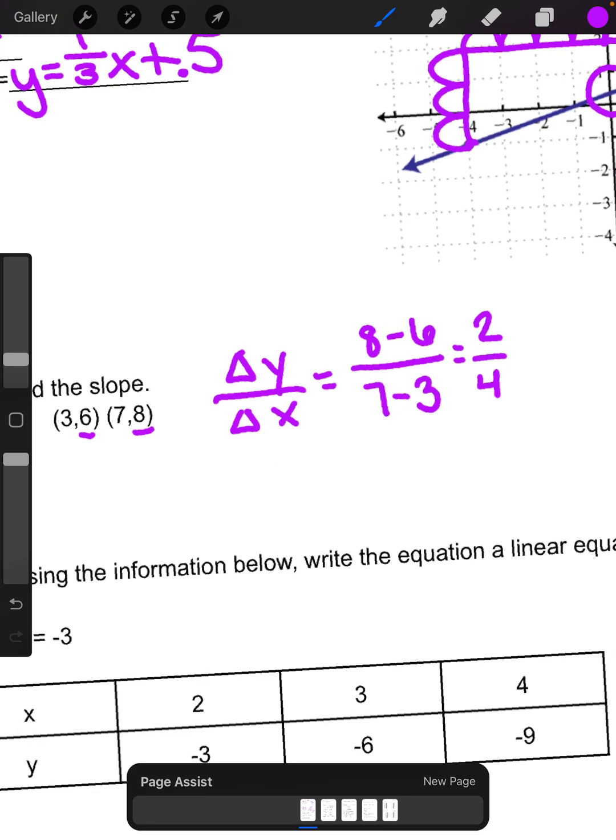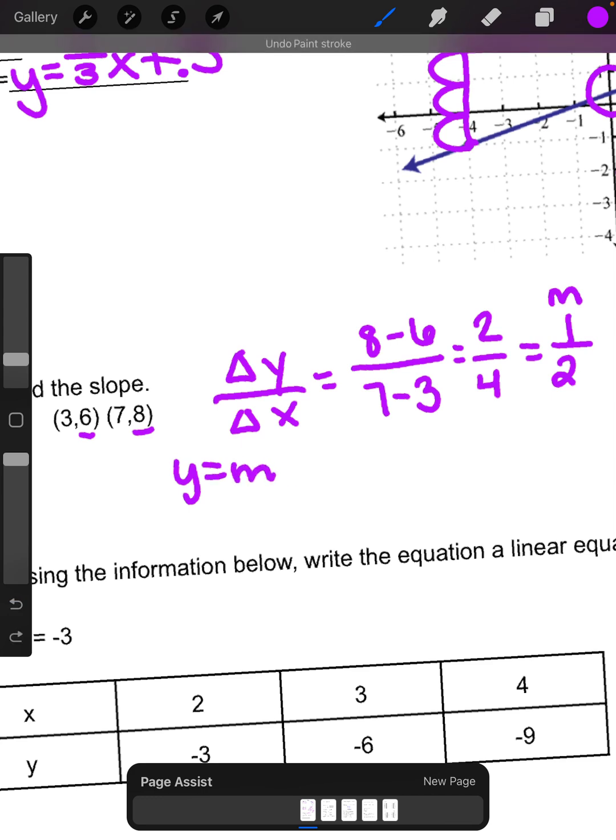7 minus 3 is 4. And I know that 2/4 will simplify to 1/2. So that is my m, my slope for that. Then I can go back and, using y equals mx plus b,